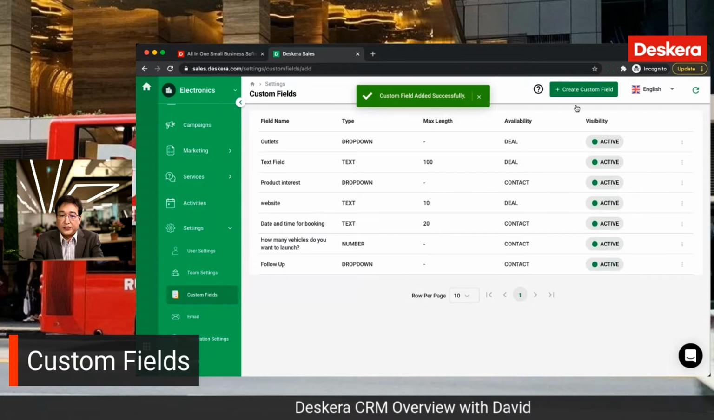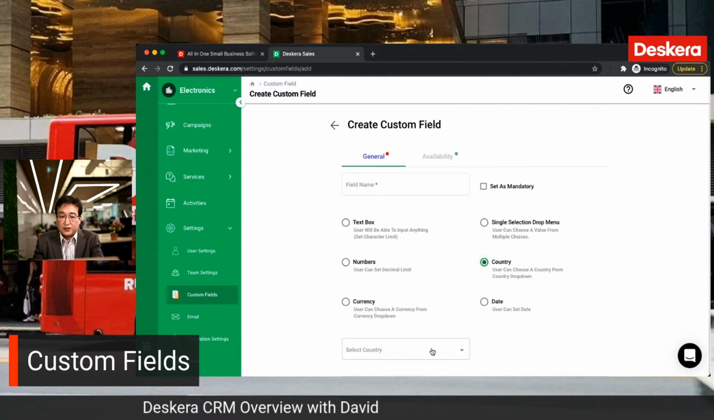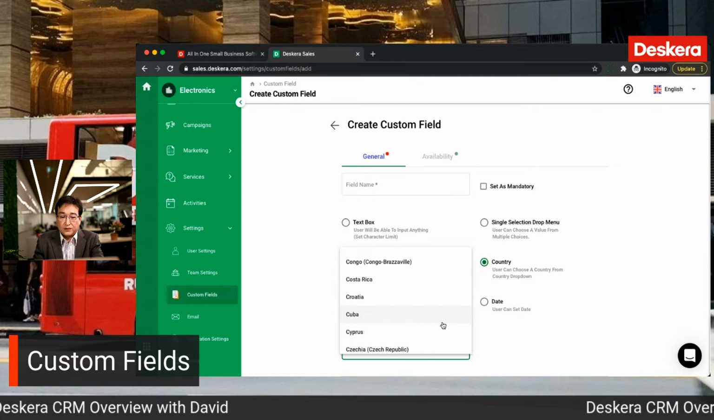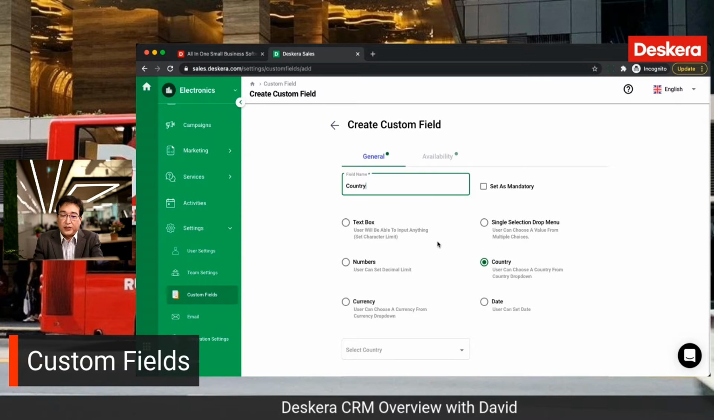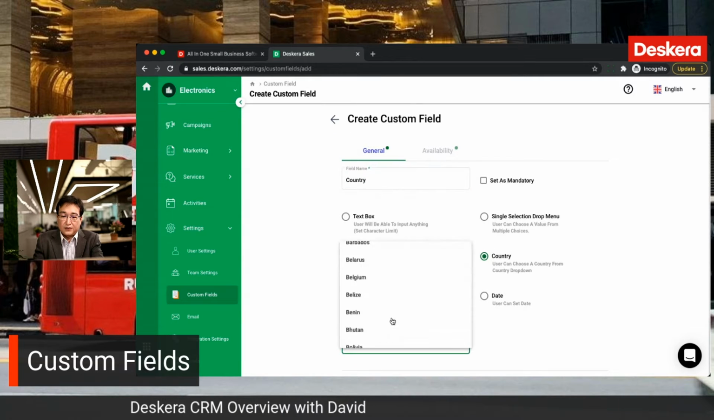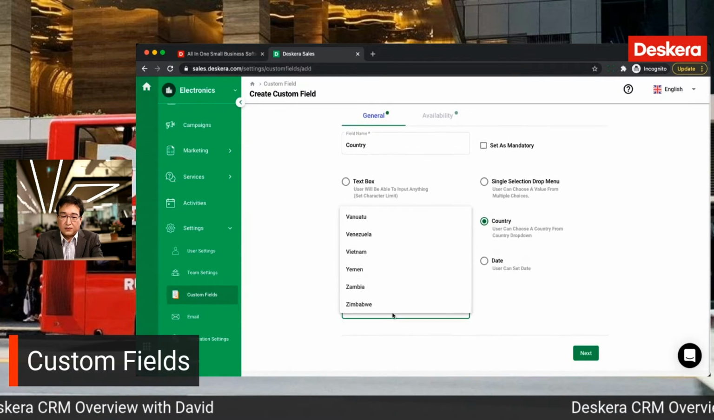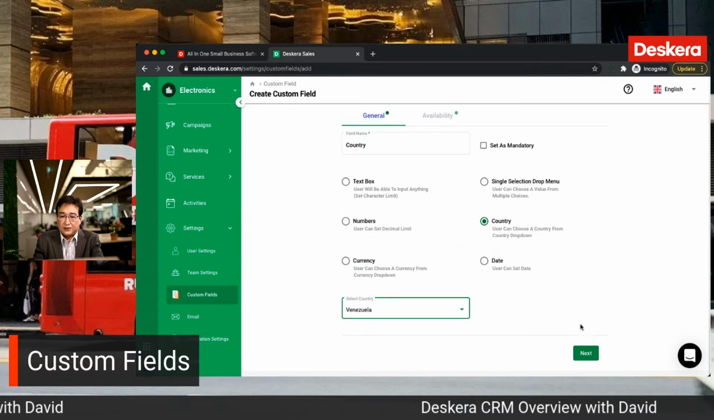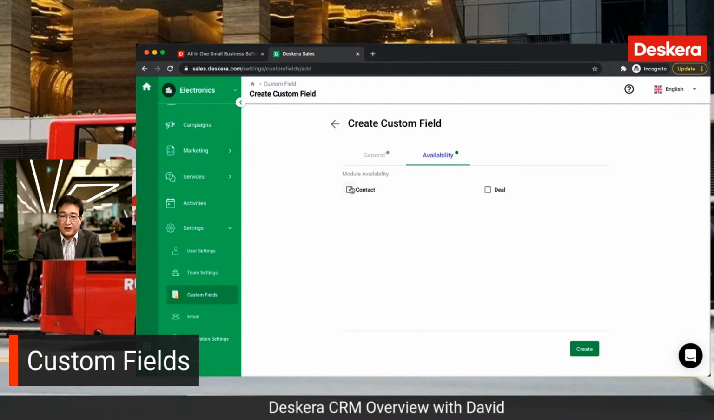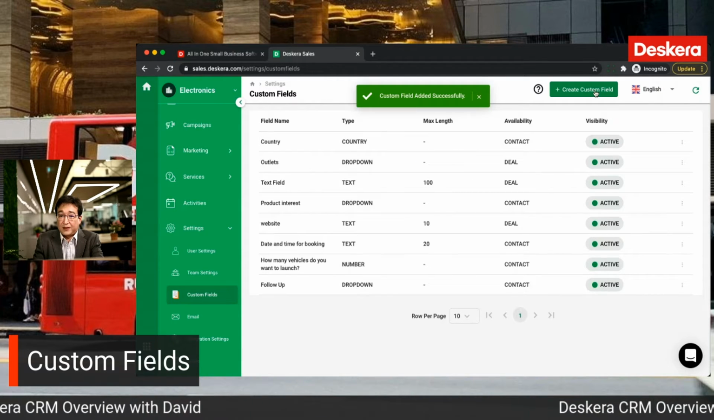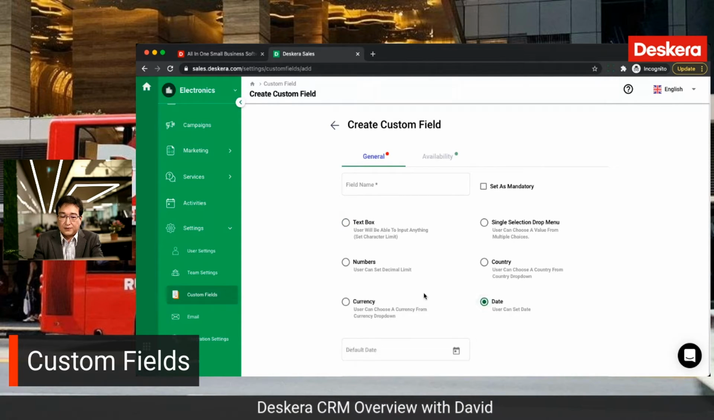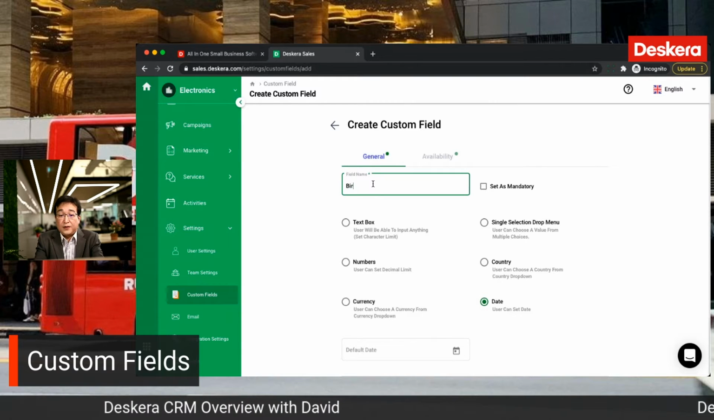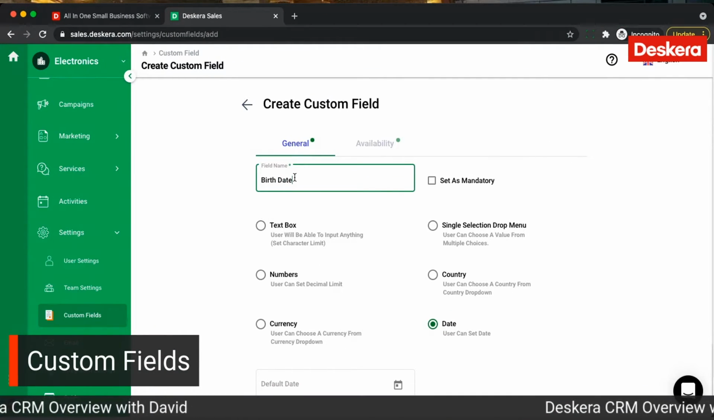I can also create, for example, different countries. So I can select a country here. I want country, and let's select, for example, Venezuela. Let's click next, and I want that in contacts. Let's also create one more custom field. Let's click date, and maybe this be, for example, birth date,